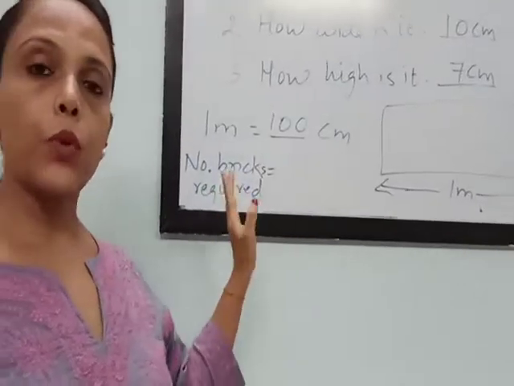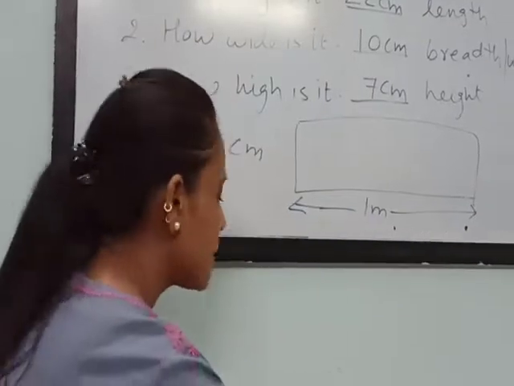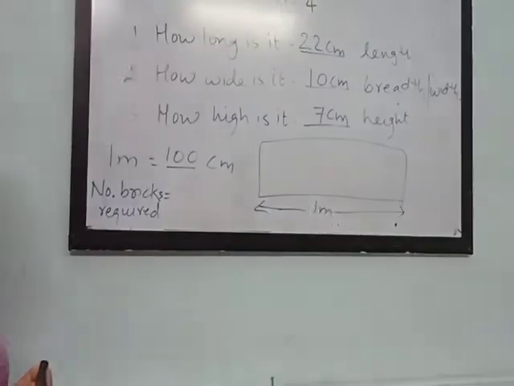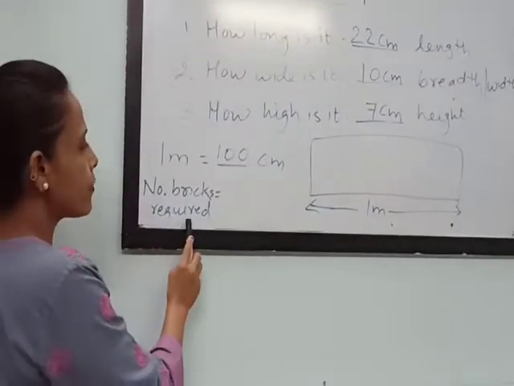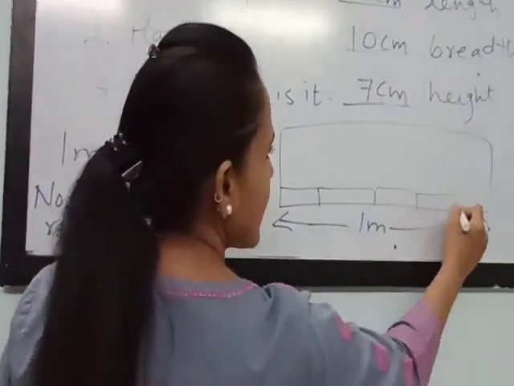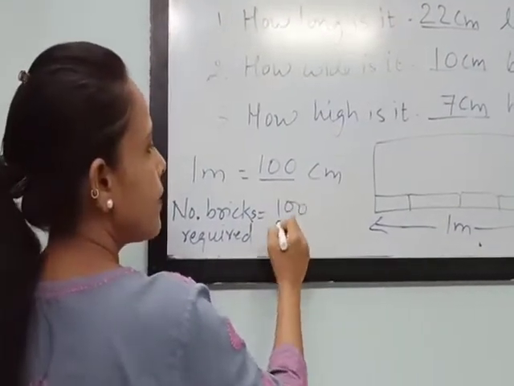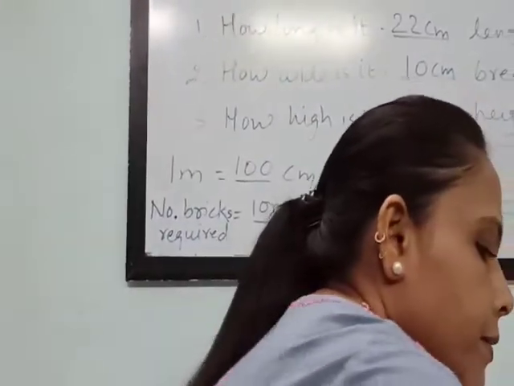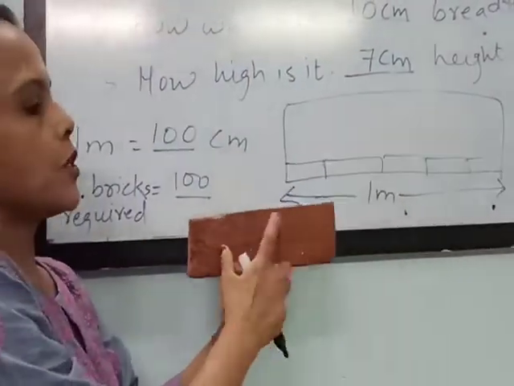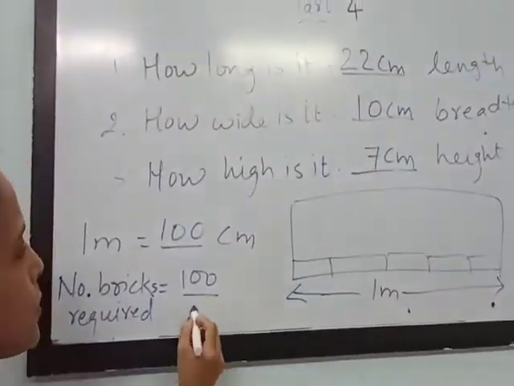Now, how many bricks does Munya need to make a wall 1 meter long? For that calculation, we have to find out the number of bricks required to arrange in a 1 meter long wall. कितनी bricks लगेगी यहाँ पर 1 meter पे arrange करने के लिए, that we have to find out. So for that, wall length, 100 centimeter, divided by the length of a brick. See, because you have to arrange the bricks like this, in this way. So divide 100 by the length of a brick, that is 22 centimeter.